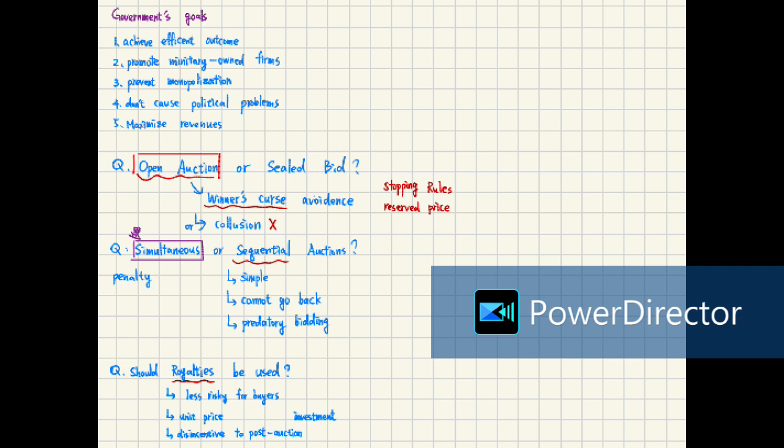Okay, so that is how to design an auction, and trying to avoid winner's curse. Yes, the biggest problem is winner's curse. We want to avoid that, right? So that is the auctions, chapter 11.